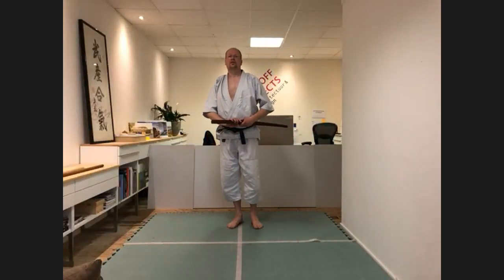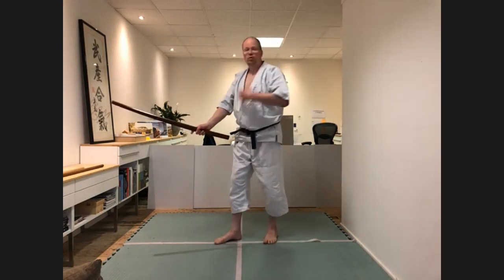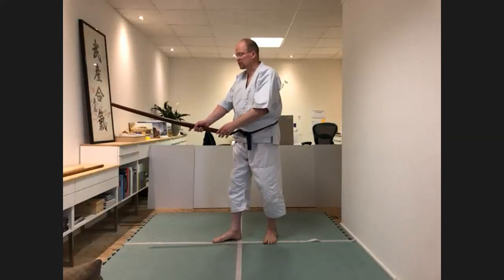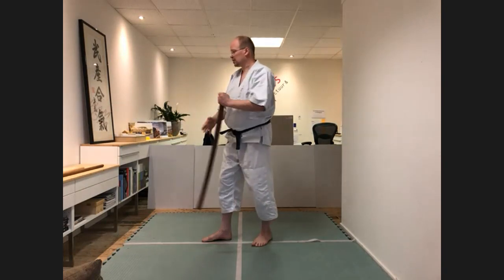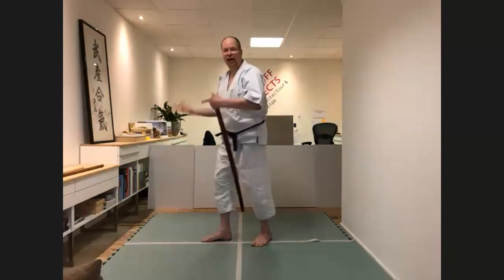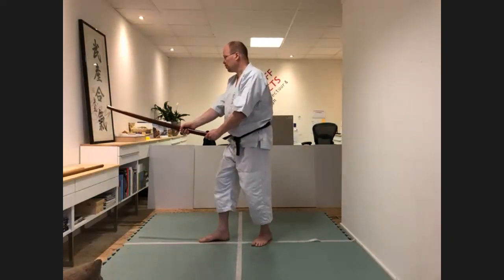Yep, everybody has one. So we're going to start with first Suburi. And we're going to do quite a bit with the first Suburi. So the most important thing for now is to not put any power in it. See it just as a movement together with the bokken, the same feeling as if you would be raising your arm. There would be no necessity to add something, to put more power in, speed in. So with your bokken, first Suburi,